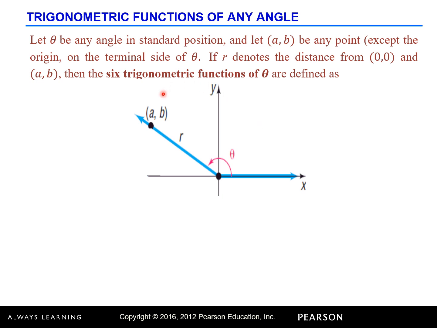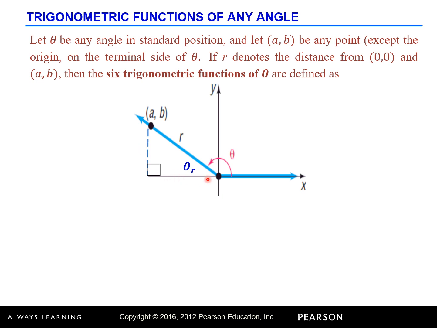But here in this angle theta, since angle theta is not acute and it lies in quadrant 2, we cannot create a right triangle on this part. So what we're going to do is define the reference angle of this theta, which is theta sub r. This theta sub r is called the reference angle of this theta, because in this angle we can form a reference right triangle by creating a vertical line from this point (a, b) perpendicular to the x-axis. So we now have this reference right triangle.